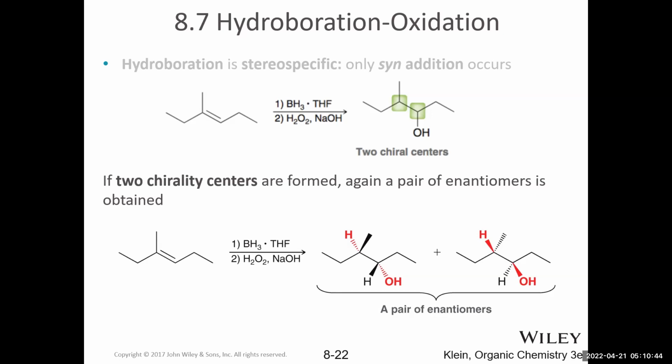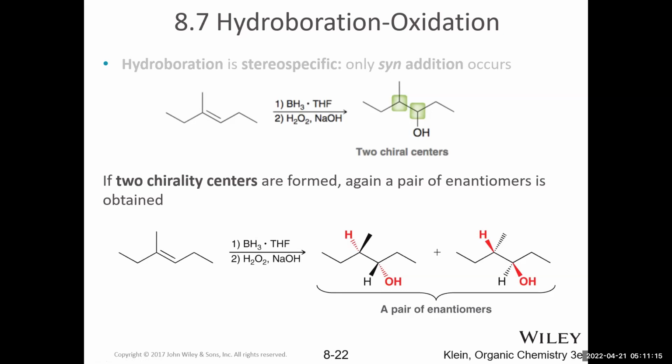When 2 chiral centers are formed, you need to ask yourself, is the reaction that I'm dealing with syn selective, anti-selective, or have no selectivity? If it doesn't have syn or anti-selectivity, and there's 2 chiral centers formed, 4 stereoisomers will result. But if it is syn selective, only 2 stereoisomers result when 2 chiral centers are formed. And those are specifically adding those 2 groups on the same side of the pi bond.